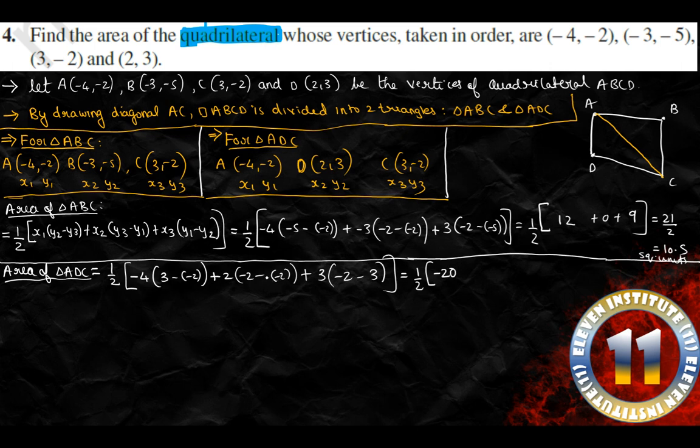Minus minus plus, -2 plus 2 is 0, 0 into anything is 0. -2 -3 -5, -5 into 3 is -15, right? So -15 -20 is -35. So we have -35/2, which is -17.5. But minus is not allowed, so what we take is 17.5 square units. Write in the bracket together that area of triangle cannot be negative,